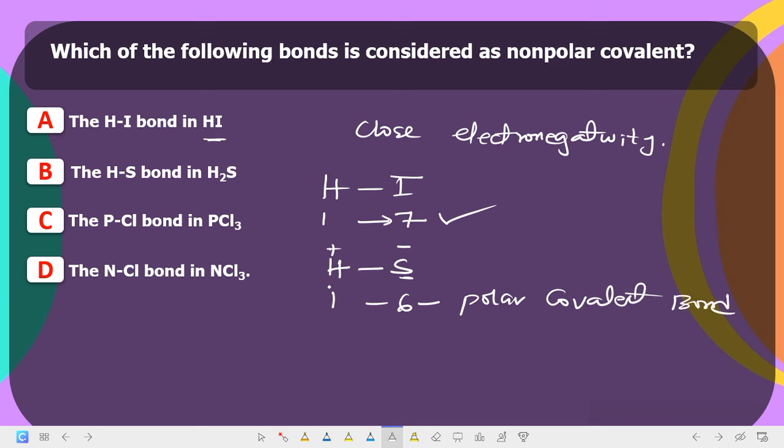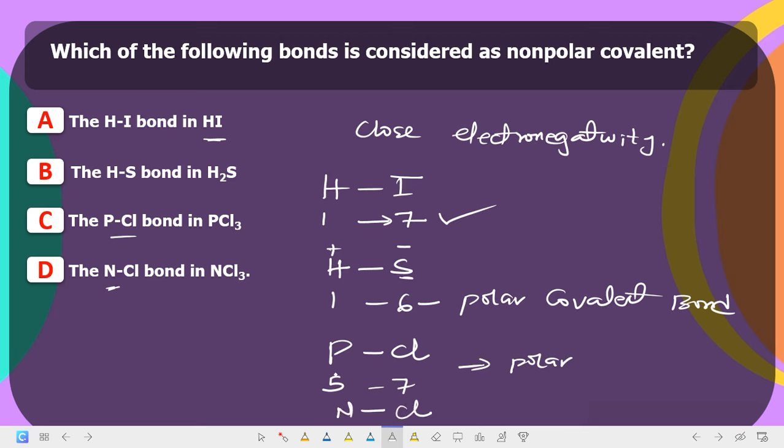Is that okay? Now let us consider PCl. Now, phosphorus is in group 5, chlorine is in group 7. Now, the difference between these two is not as large as this one. So we can say that this one may be what? Polar or non-polar. Let's just take polar and then consider that of this particular one,